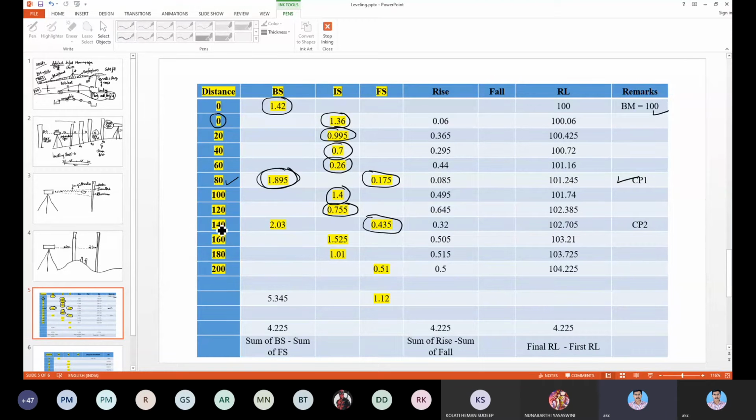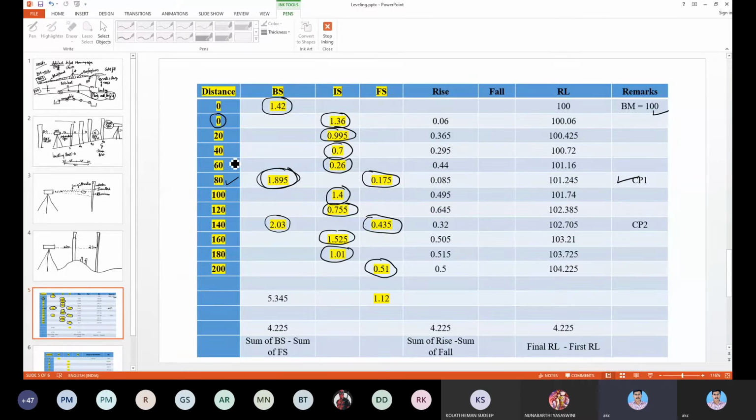And then at 140 meters, we took the instrument from near 80 meters and carried it beyond 140 meters, where the staff was at the 140 meter distance. So we recorded its backsight again, 2.43, and again we recorded some intermediate sights. The last reading you always record as a foresight. So we covered a 200 meter distance in this exercise, along the SBS and SES building.